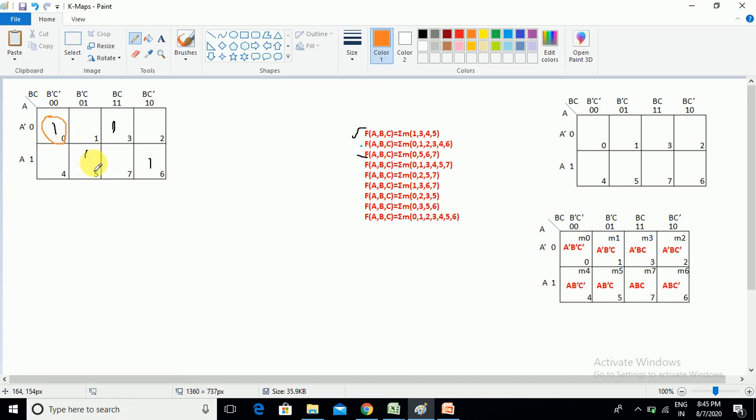Let us go to the third cell. Here the alternates for the third cell are 1, 2, 7, but none is selected, so you have to leave it as a single group. For 5 also no alternate is available, so in this problem no combination of groups is possible; all are single cell groups. So write the answer for each and every one.